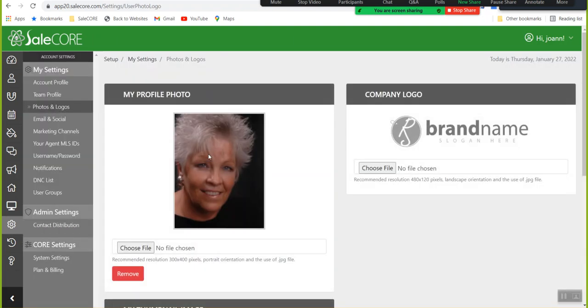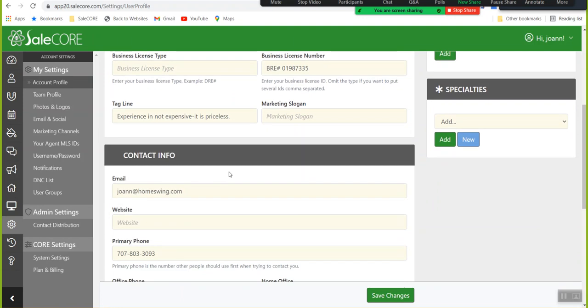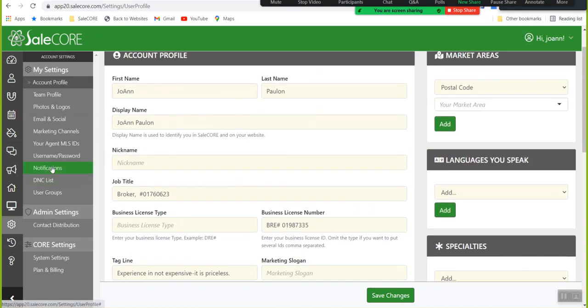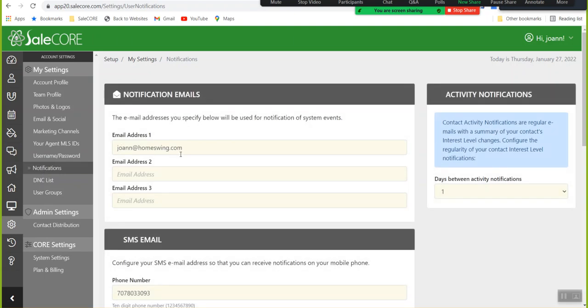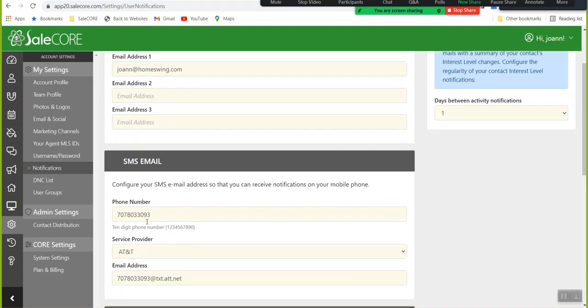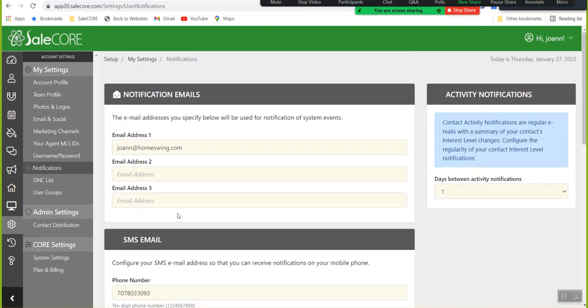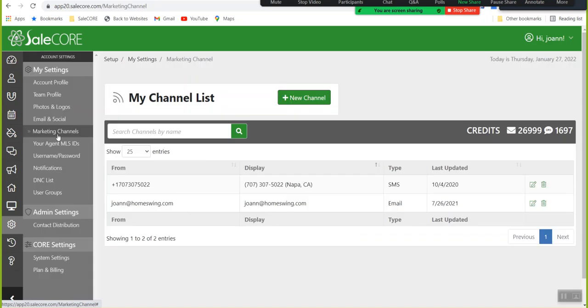Now, your photos here on your website are under photos in your profile. Your account profile info is up here. Okay, and then your lead notifications tab, that's another important piece. Make sure that you have your email address and your phone number, your mobile number set up in here. And then your market channels here. Market channels is where you can see your actual SMS number. And your customer